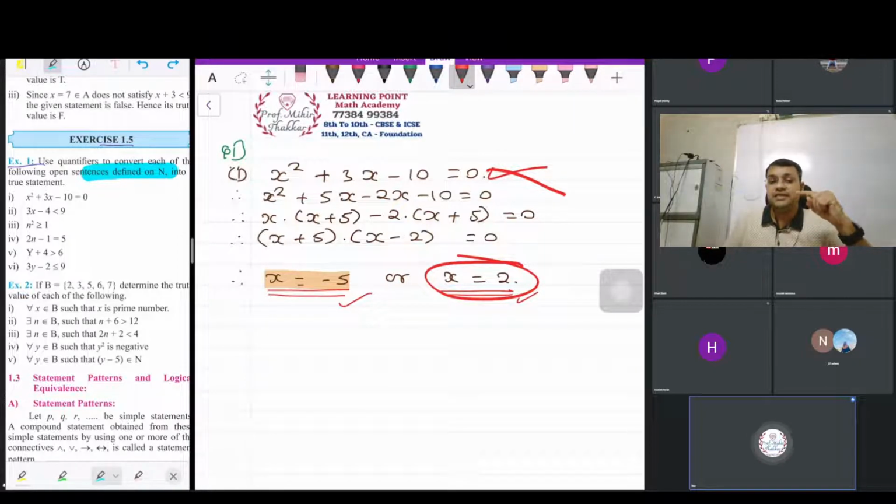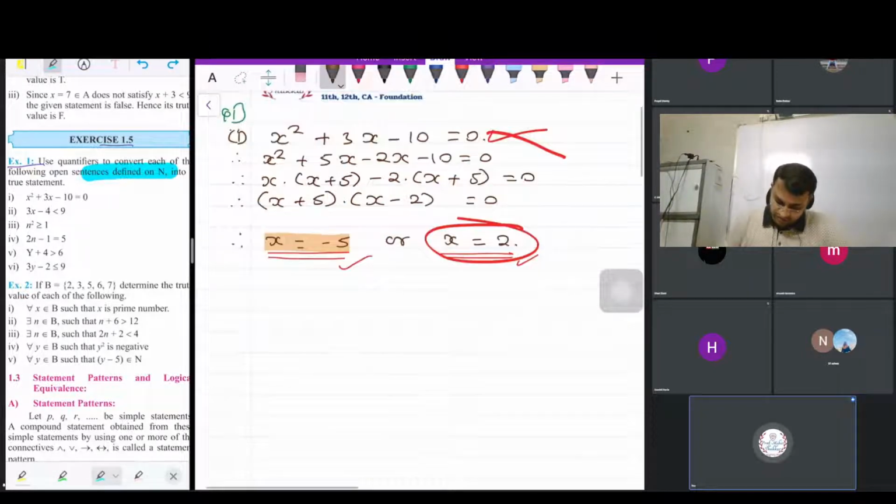So when there is at least one observation which is being satisfied by the given condition, we have to use the quantifier there exists. So guys, in this case, in order to make it into a true statement using a quantifier, the correct quantifier is there exists and not the for all quantifier. So how will I represent this? Let us now write the answer.